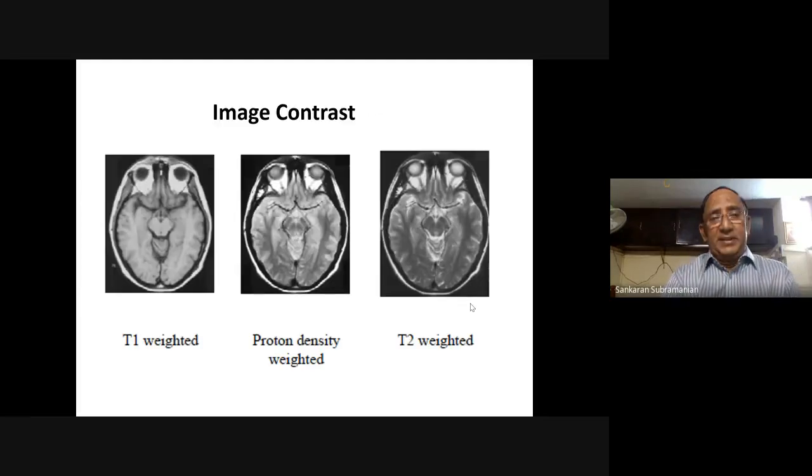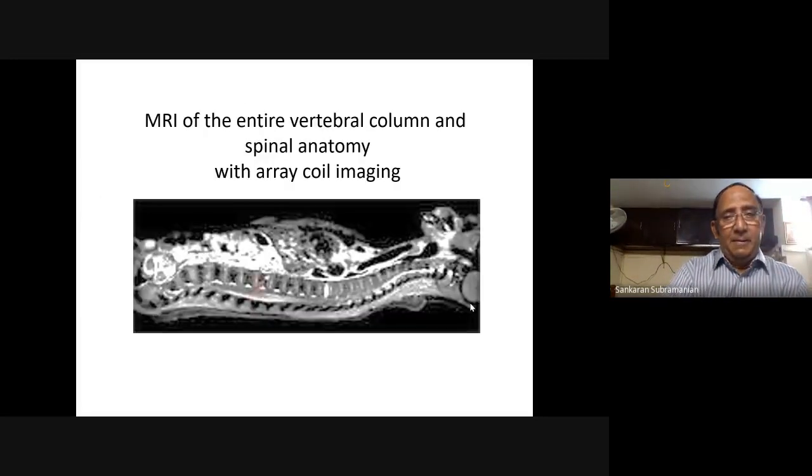These are now different pictures of the transverse slice of a head, where you can see this is T1 relaxation weighted, proton density, T2 weighted. All these will give an idea to the radiologist to say something about whether there is a cancer there or whether there is cerebrospinal fluid leaking out, things like this. The consistency, tissue density, and tissue quality can be assessed from the contrast.